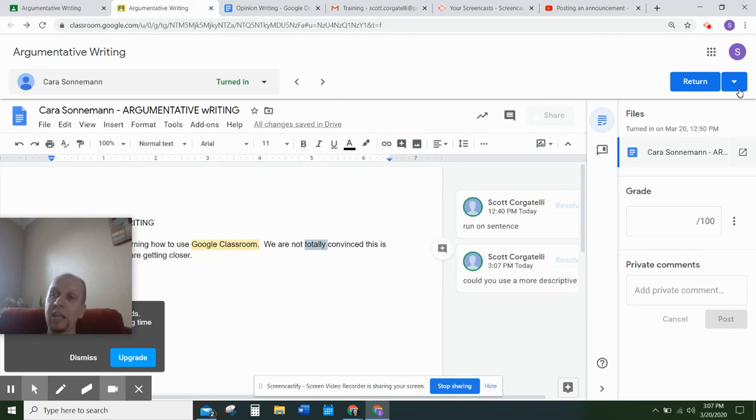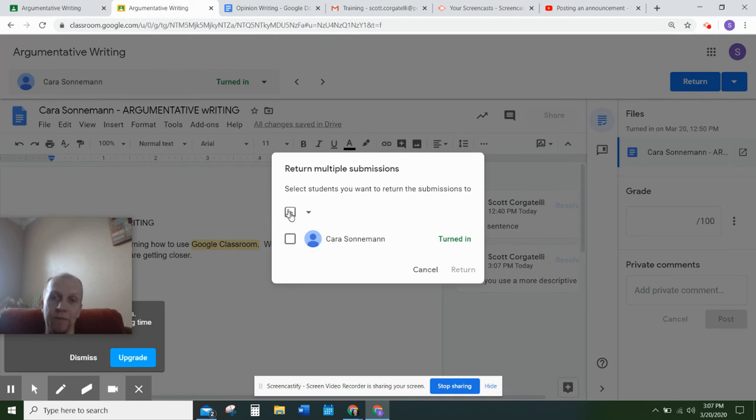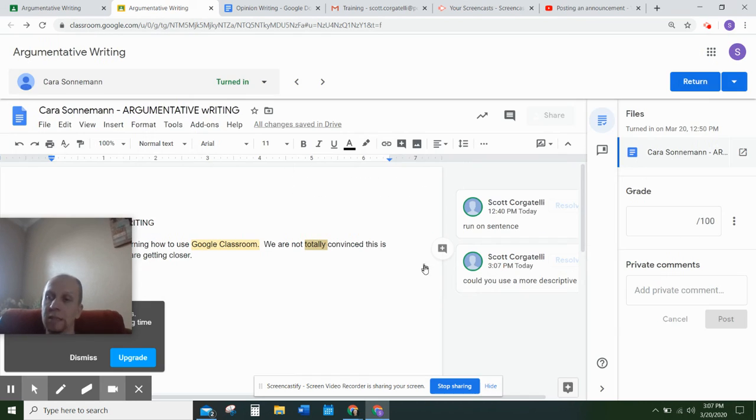And then when I'm finished, I can hit return. Return with multiple submissions, so I can return every student's or just hers. If there were multiple students, I could hit that and it would return every student's at once. And that is